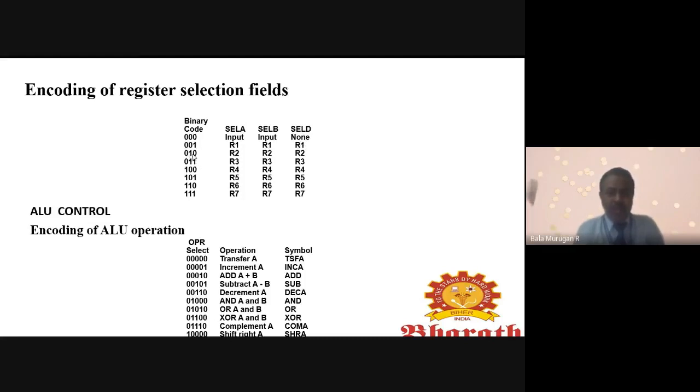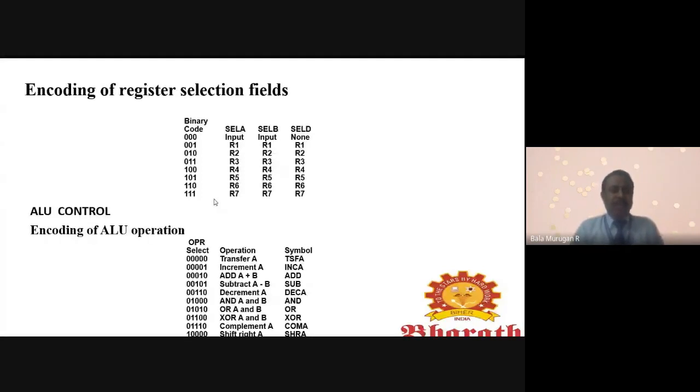Likewise, 010 is R2 in select A, select B and select D. 011 is R3, 100 is R4, 101 is R5, 110 is R6, and 111 is R7, each in select A, select B and select D.